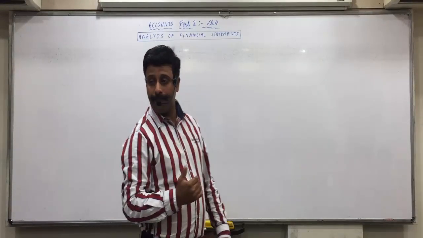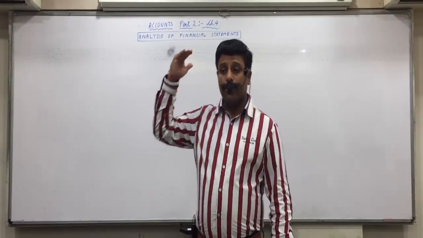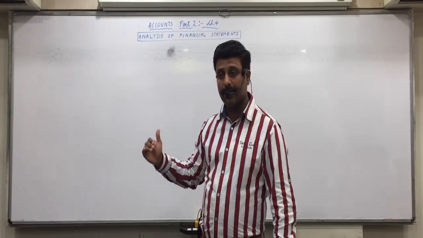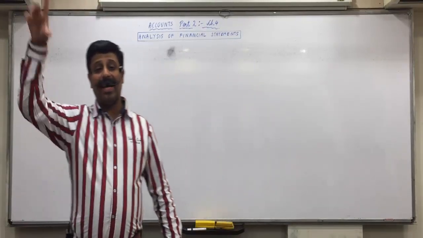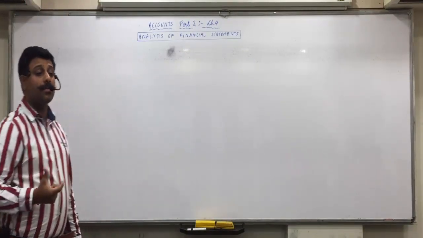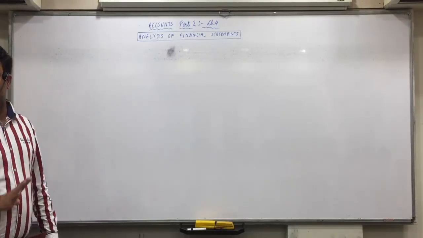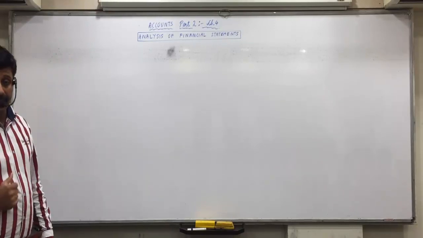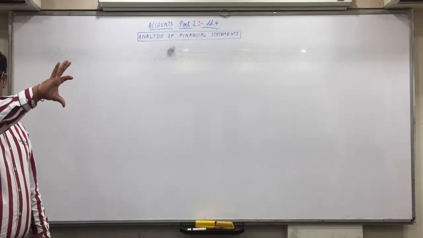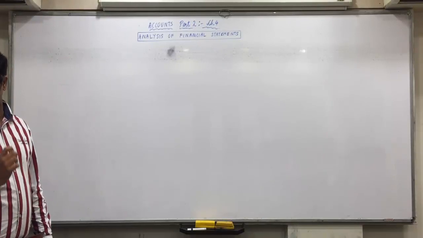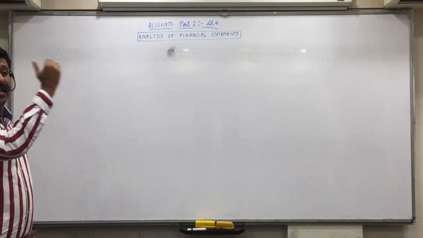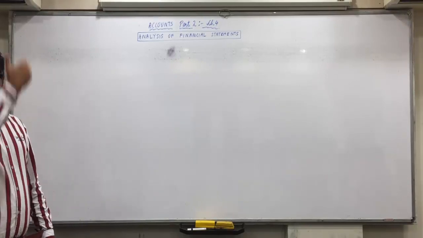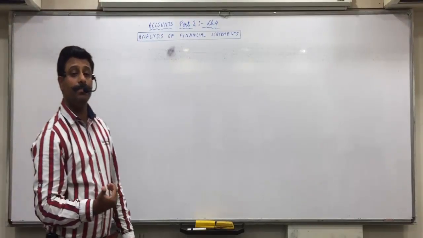Second analysis: Asta's marks of accounts, stats, eco, bio, Gujarati, English, computers. Any one you can take as base and compare the others. You take accounts as base, then you compare. Compared to accounts, what is the performance in stats? Compared to accounts, what is the performance in economics? Any one subject you can take as base and compare the others. This is called vertical analysis.